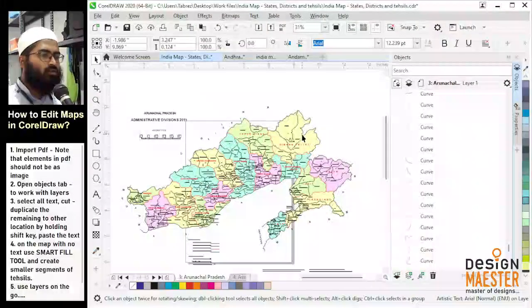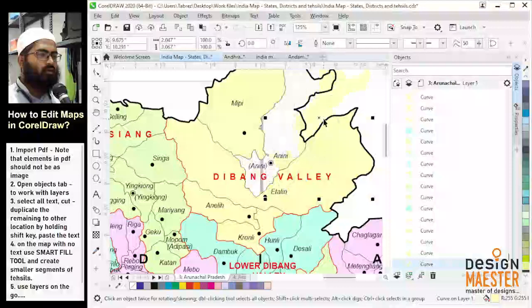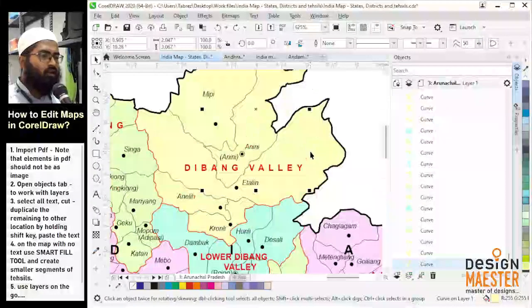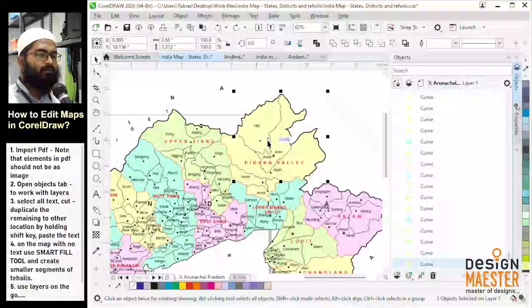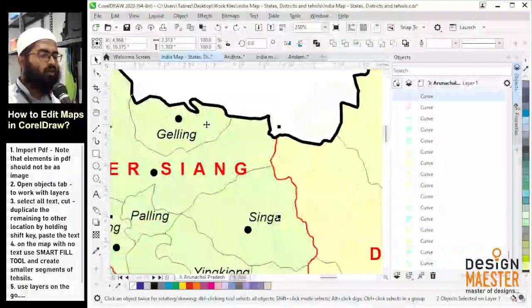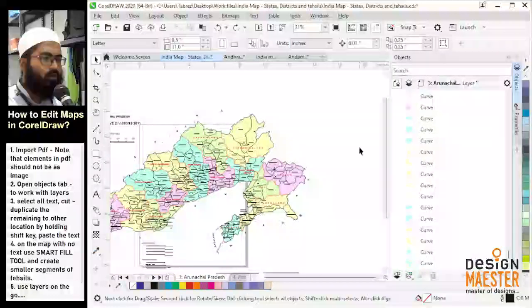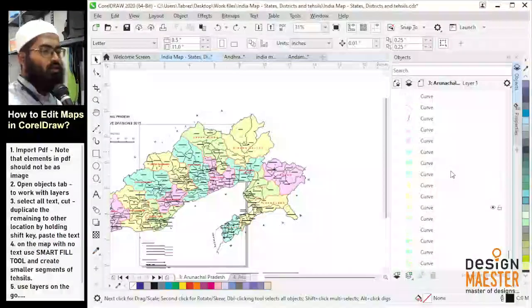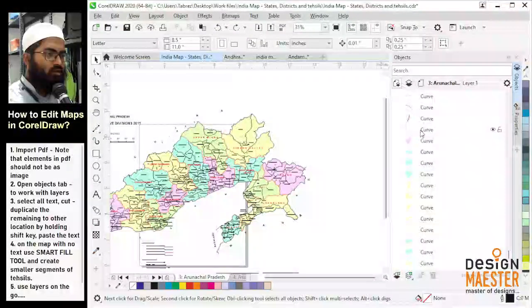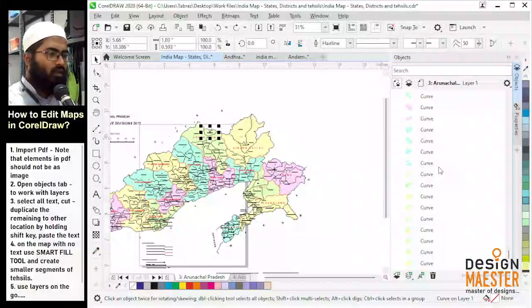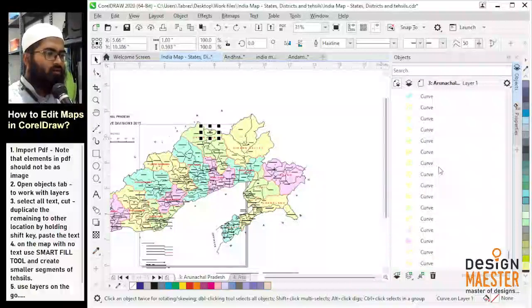So if I want to select this from every tehsil, see, I cannot be clicking over and over again, zooming out and again clicking it here. So it may take a very long time. So what I'll do is, I'll just go into this object layers. I'll just click here the curve and I'll go down